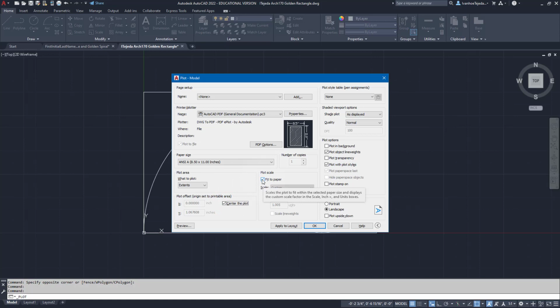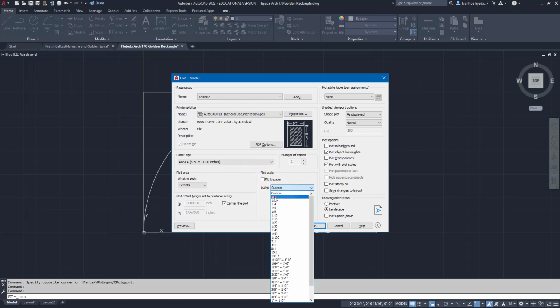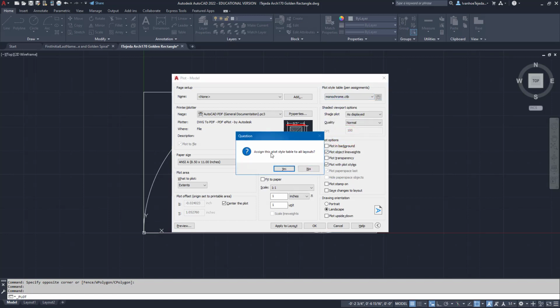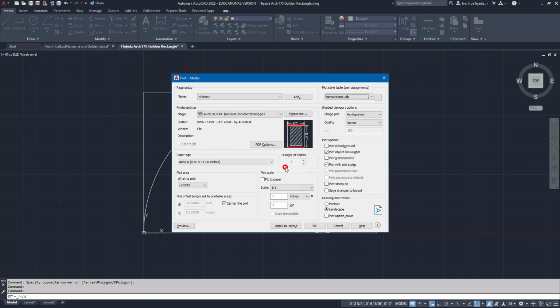and instead of fitting the paper, I'm going to turn that off, and I'd like to set this to a scale of 1:1, which is actual size. For my plot style table, I will select Monochrome, and I'll assign this plot to all layouts. I can now preview my plot,